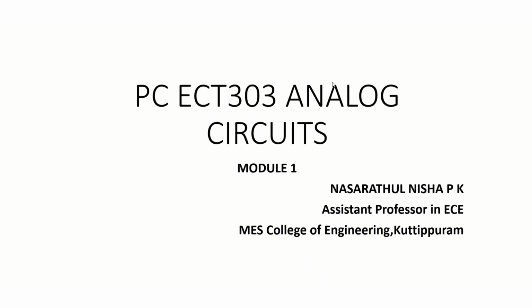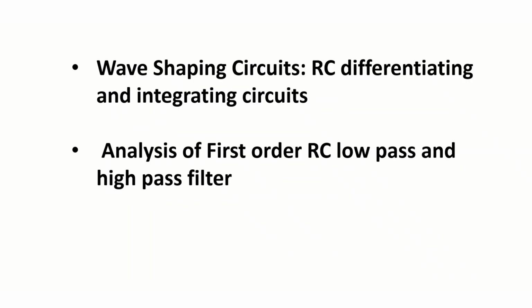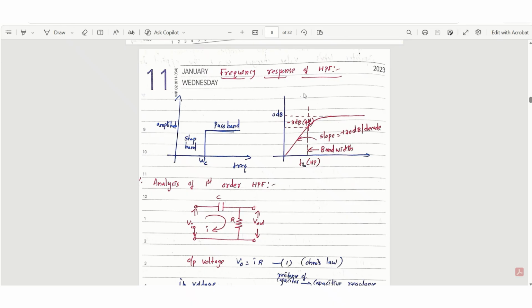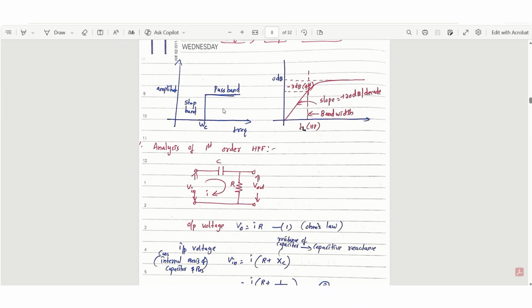Today we are going to discuss the analysis of a first order RC high pass filter. As you know, in the circuit diagram of the RC high pass filter, a capacitor is connected at the input side and